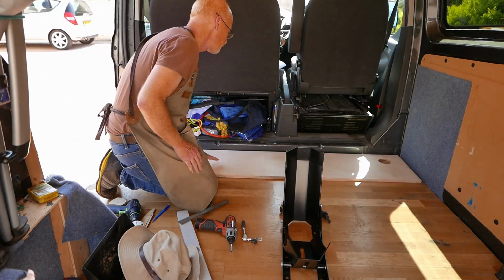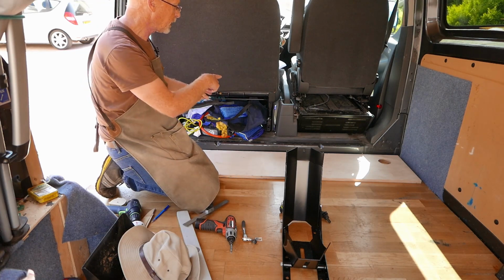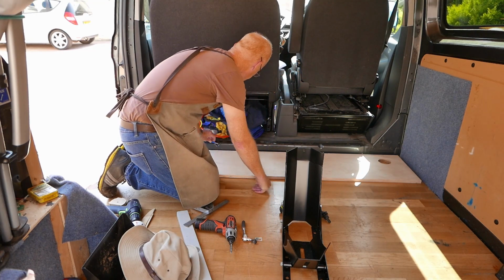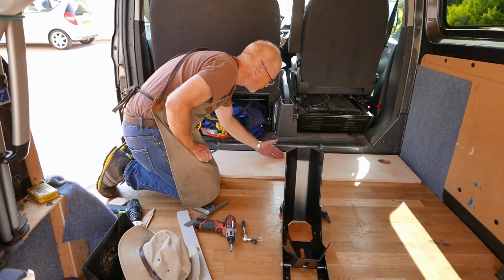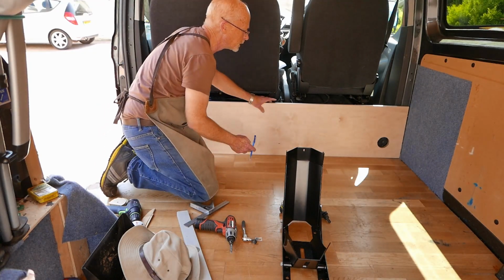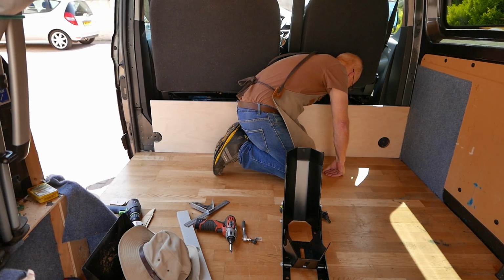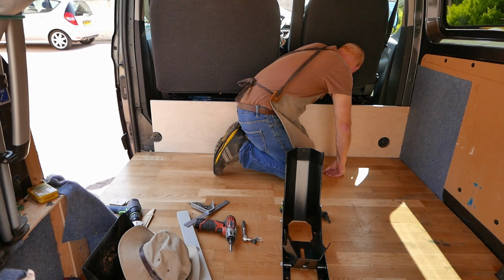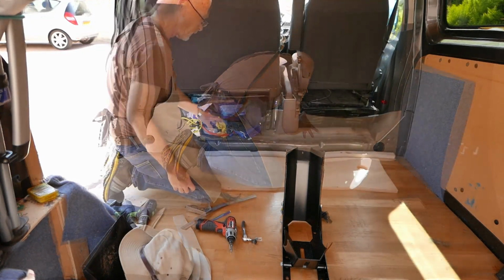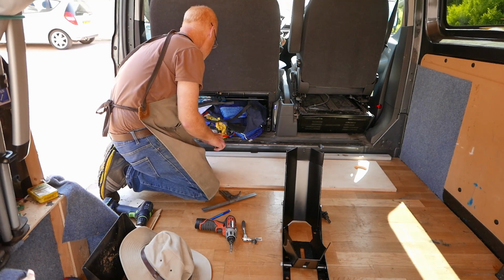So next I need to trace this line onto the back of the board. I can't show you what I'm going to do because I can't get the camera in there, but I'm just going to take my pencil, lay it behind and trace along the back, so I've got a line that I can screw a piece to, and then I can bolt that piece down to there, securing the backboard in place. So that pencil line now represents the underside of the piece I need to screw to this,